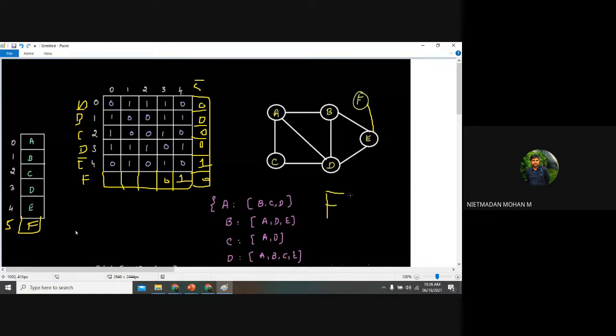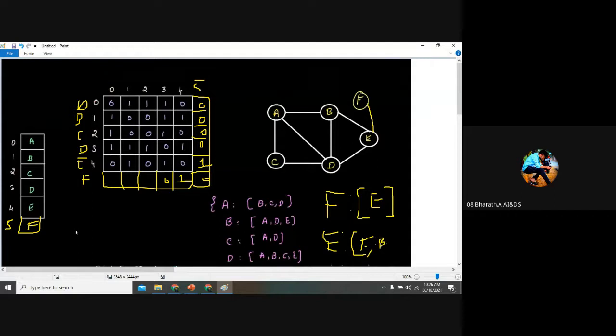F is my keyword, and after that keyword, the element inside will be E. And the E keyword will be updated with F. Likewise, the keyword will be updated: F, B, and D.